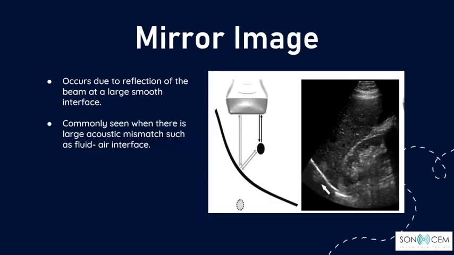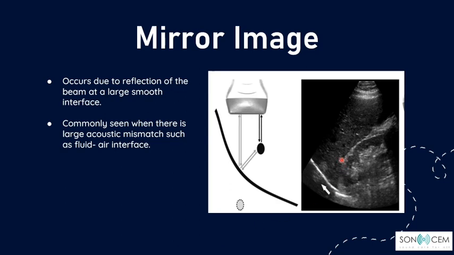The next artifact is mirror image artifact. This is due to reflection of the waves at the large smooth interface whenever there is a huge acoustic mismatch. As shown in this image, due to the large difference in acoustic impedance between the soft tissue and the air